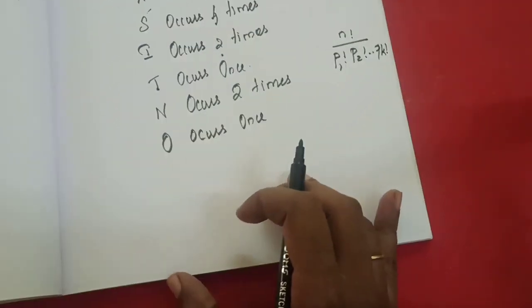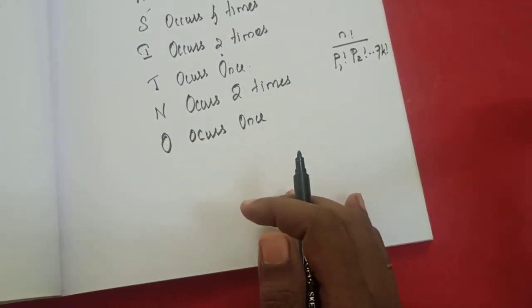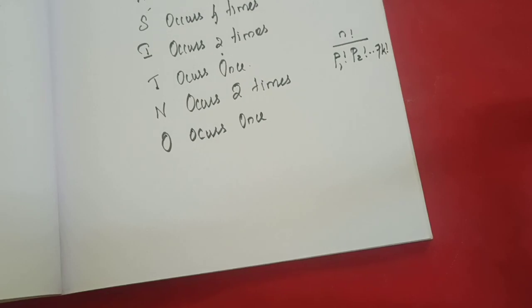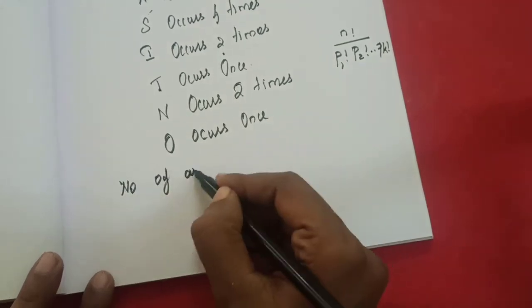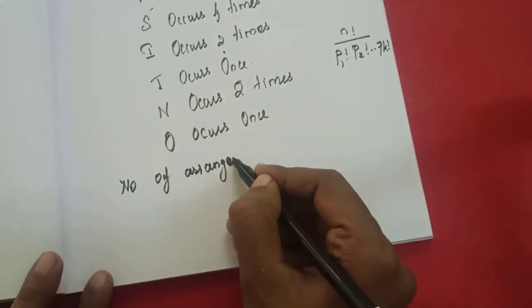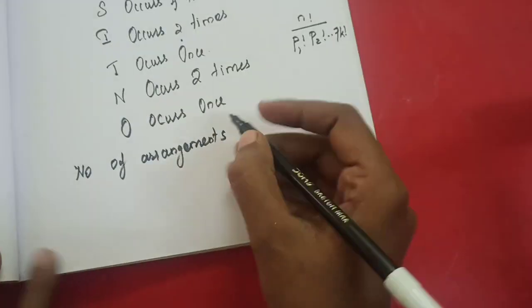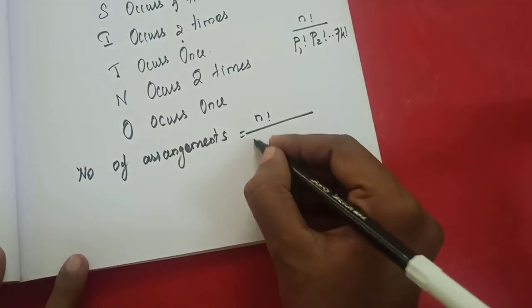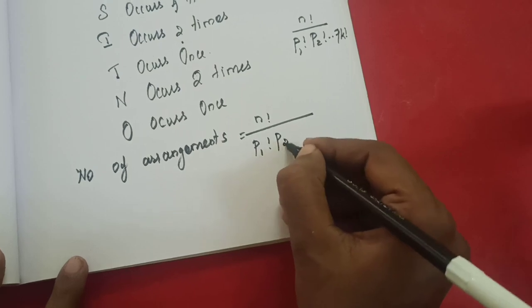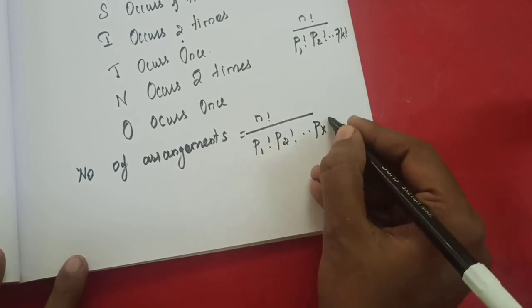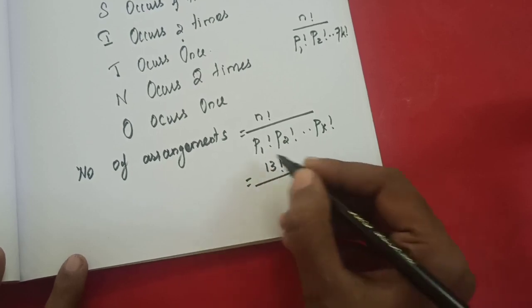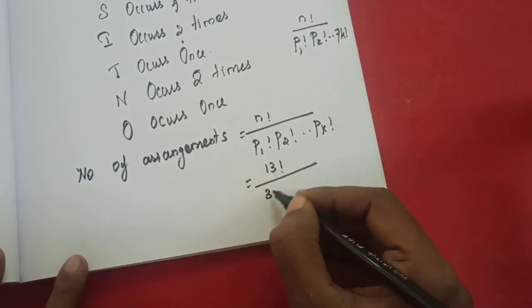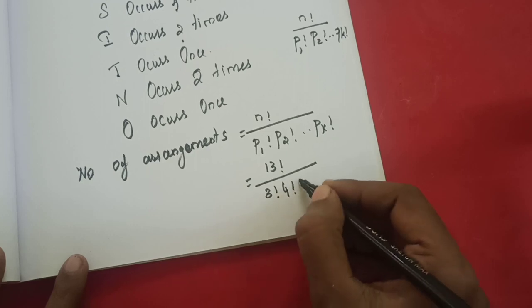Last class I taught this, so we are going to use this formula. What's the question here? Find the number of arrangements. Therefore, the number of arrangements is equal to n factorial divided by p1 factorial, p2 factorial, etc., pk factorial. Now n factorial means 13 factorial, divided by p1, that is 3 factorial,